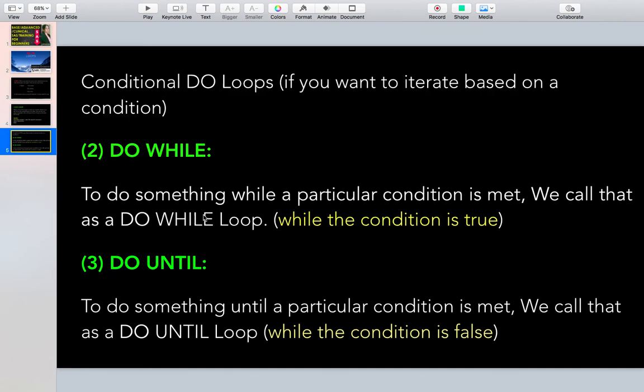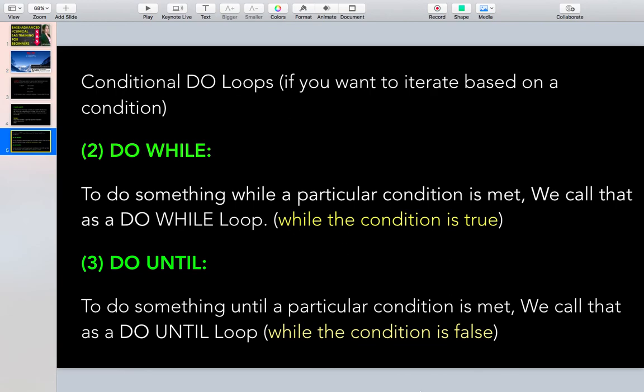For example, do while executes the loop when the condition is true. Once the condition becomes false, it will stop executing. When it comes to until, it's vice versa. It will execute the loop until the condition is true. Once the condition becomes true, it will stop executing the program.